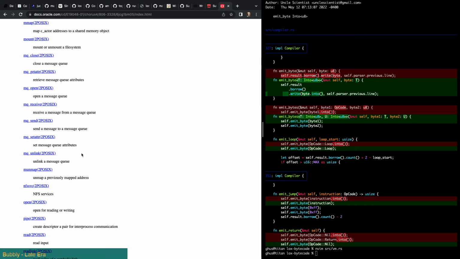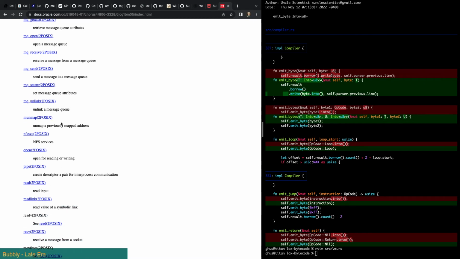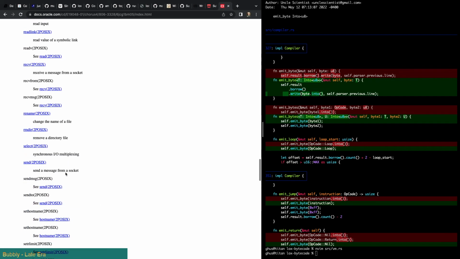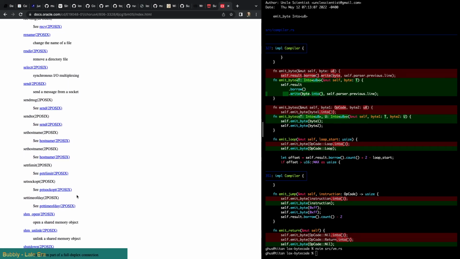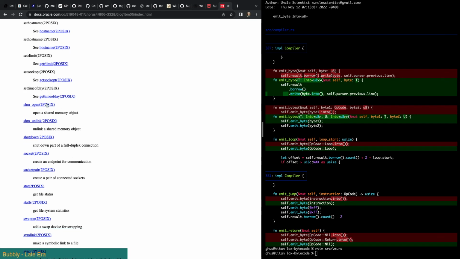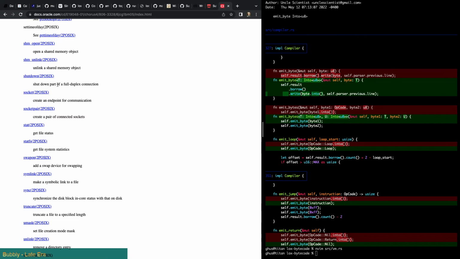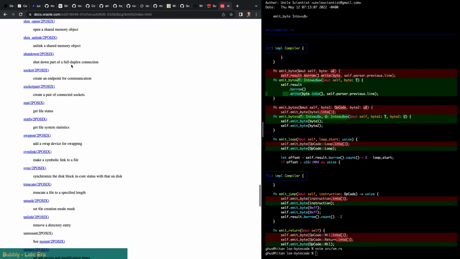I personally haven't written any programs with them, and I've been doing systems programming for a while now, and I have never used message queues. Memory mapping I have used. Reads, rename, yeah, this is mostly networking and file I/O. Oh, and shared memory. I have used shared memory. Shutdown. That's connection shutdown, not machine shutdown.